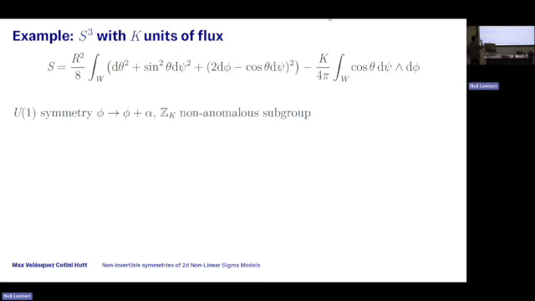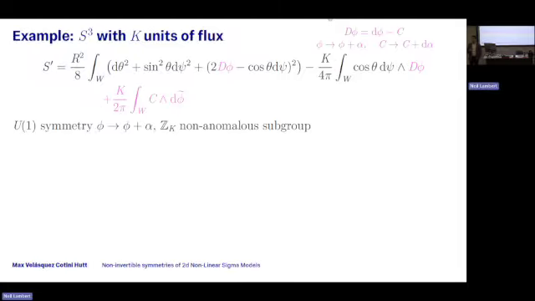Okay. And given that I want to gauge some discrete subgroup of this U1, I should demand that it doesn't have a 't Hooft anomaly. In particular, there is a Z_k subgroup of this U1 which does not. So let's gauge it, see what happens. One way to do that is to gauge the full U1, this shift. I couple the gauge field C to the full U1 by adding in some covariant derivatives to the action, this U1 gauge field. And then I'm going to restrict the gauge field to actually only be a Z_k gauge field. I can do that with a Lagrange multiplier in this second pinkish term down here. So if I integrate out phi tilde, it tells me C is flat, and it also constrains its holonomies to be Z_k.